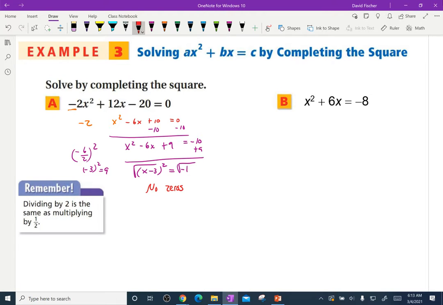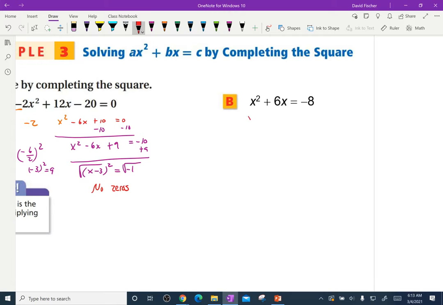All right, let's go over and try this one. Can't factor anything out, so I'm just gonna rewrite it here. Now, I'm not gonna freak out about that -8 over there just yet, because watch what happens here. If I take 6 divided by 2 and square it, I get 3 squared, which equals 9. So to make it a perfect square, I'm going to add 9 to both sides. Well, that makes it that I have a positive 1 over there. And I know this is going to be an x plus 3